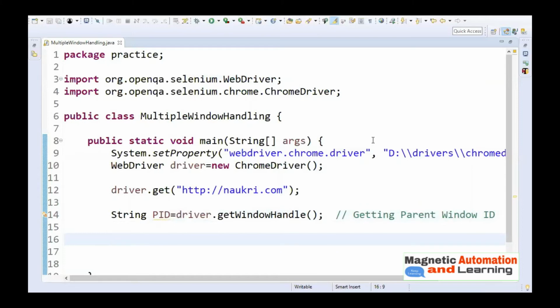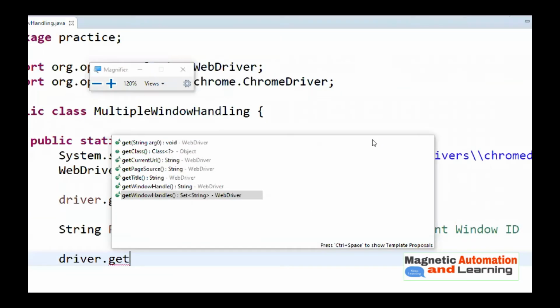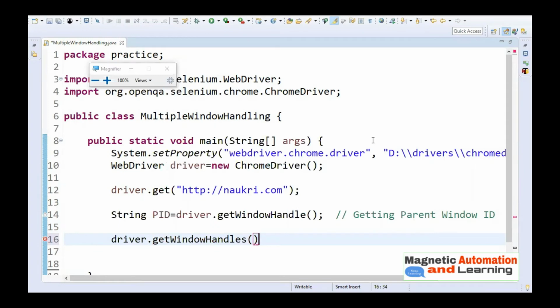Next thing that we will do, we'll capture all the window IDs. How to do that? driver.getWindowHandles. You can see the return type mentioned here is Set of String, so it is going to return a Set of String, containing the IDs of all windows.